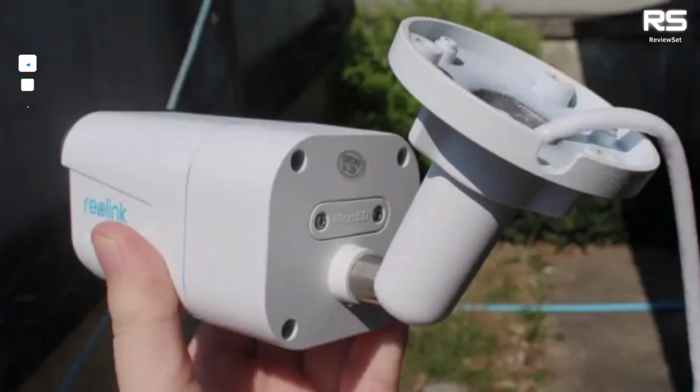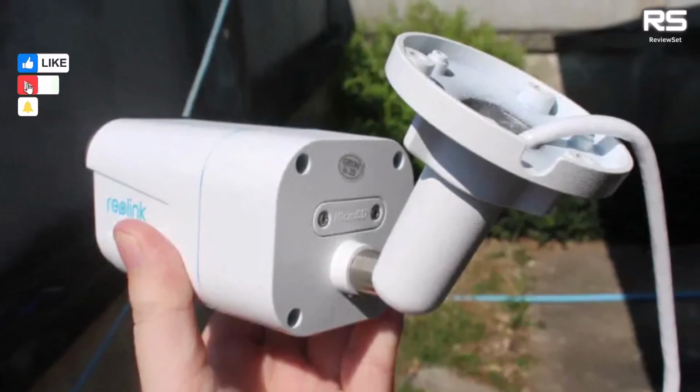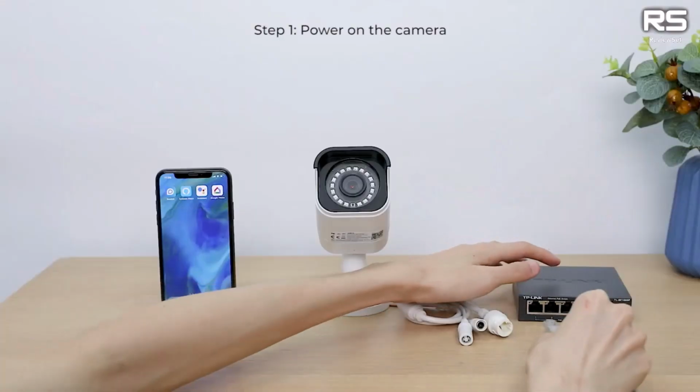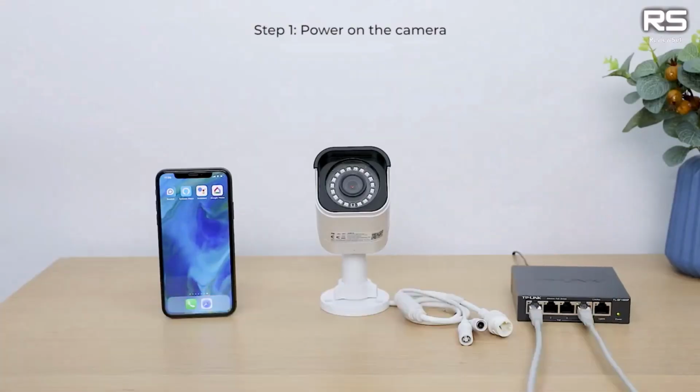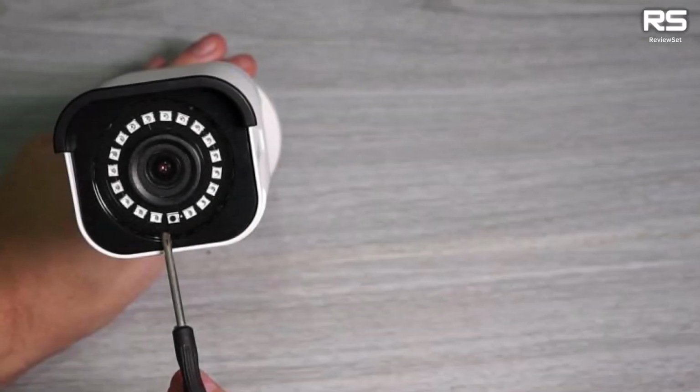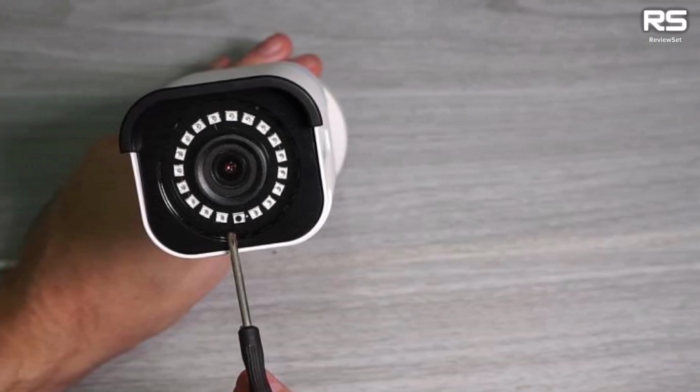The RLC810A produces clear and detailed images in both daylight and low-light conditions. It also features a wide field of view and motion detection with adjustable sensitivity. Additionally, the camera can be used for two-way audio communication, which can be useful for deterring intruders or communicating with